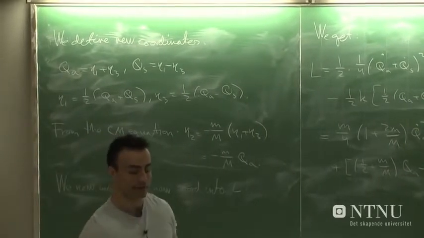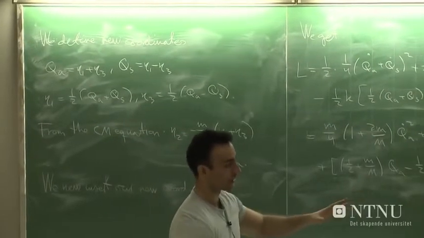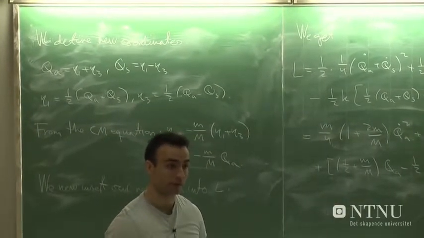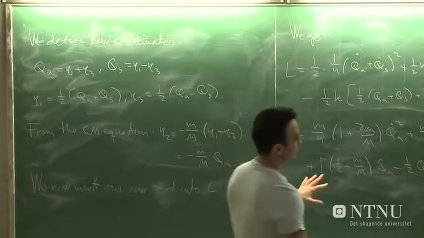So with a little practice, you will be able to see, I think, just by inspecting the original Lagrangian, how you can introduce new coordinates that will cancel cross products. So we obtain